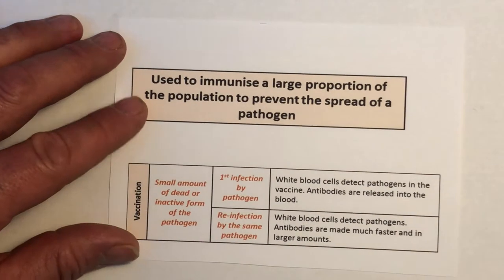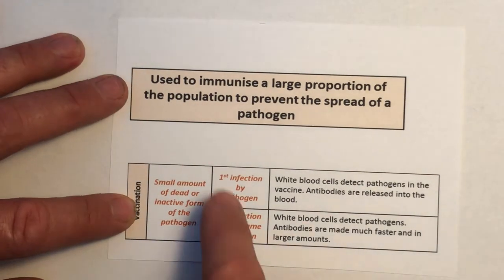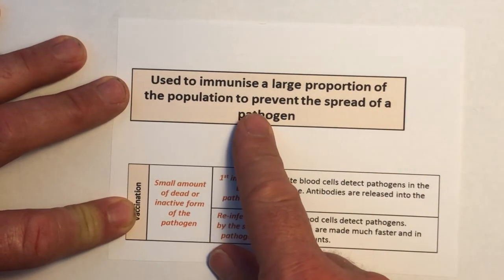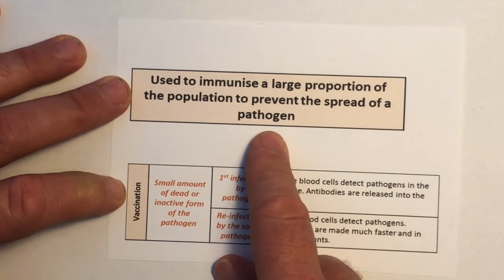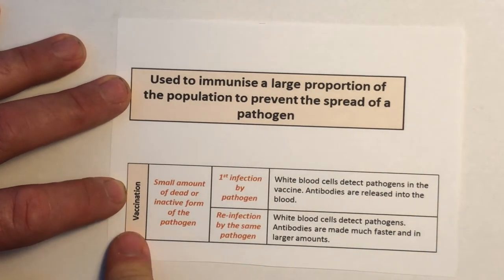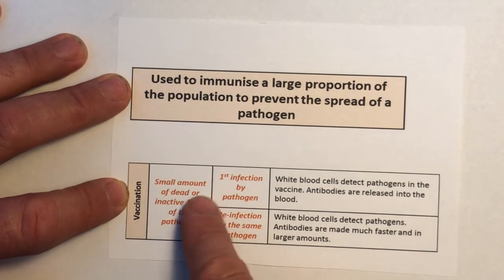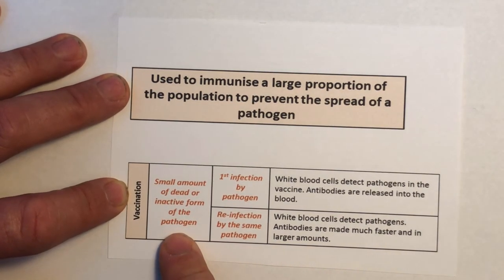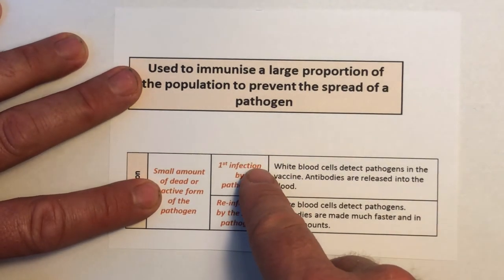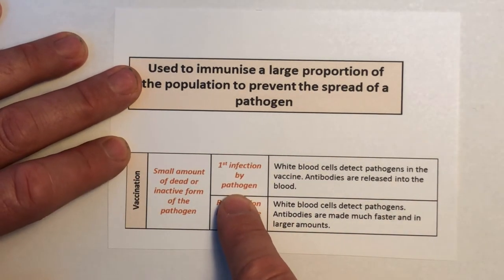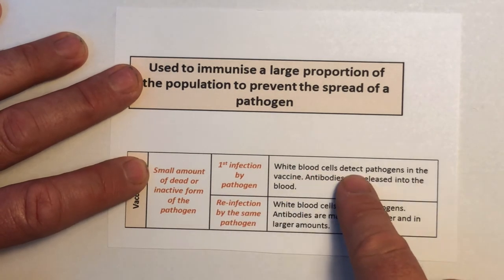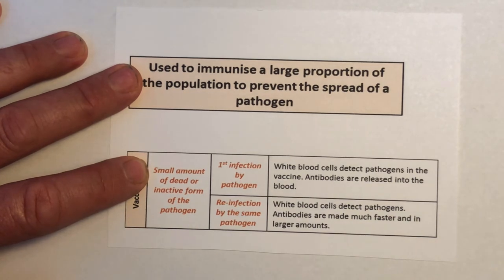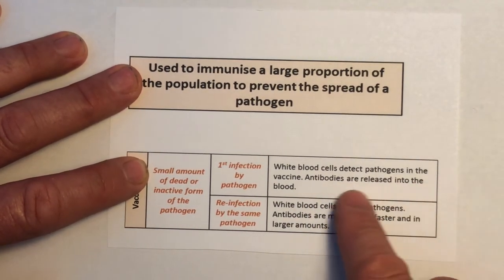So, explain how a vaccination works. Firstly, what I would do in this question is I would say what a vaccine is. A vaccine is used to immunise a large proportion of the population to prevent the spread of a pathogen. A vaccination works by injecting a small amount of dead or inactive form of the pathogen into the human. The first infection by the pathogen or the vaccine, what happens is the white blood cells detect the pathogens in the vaccine. So it goes into your arm, the white blood cells detect it, antibodies are released into the blood,